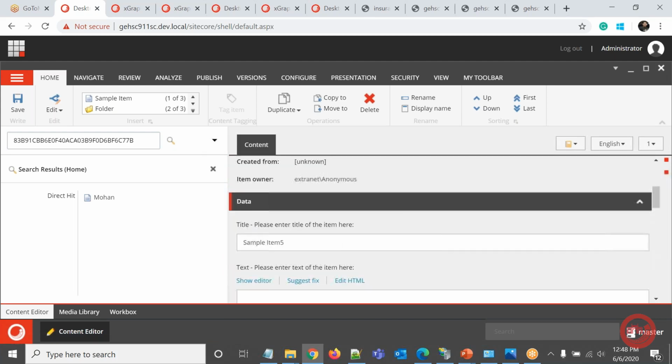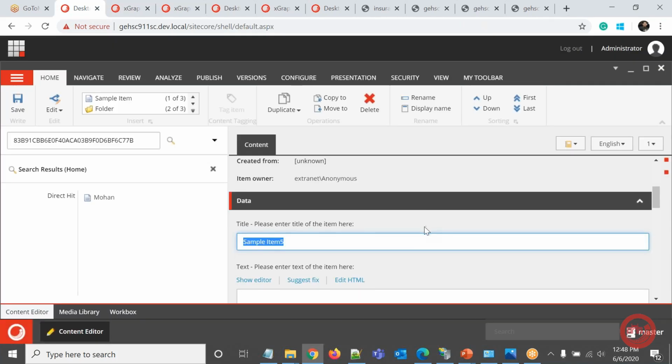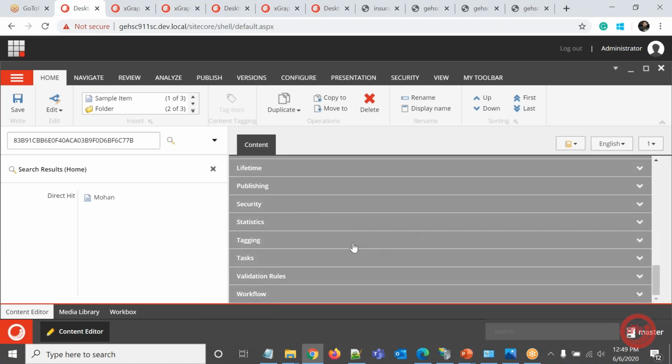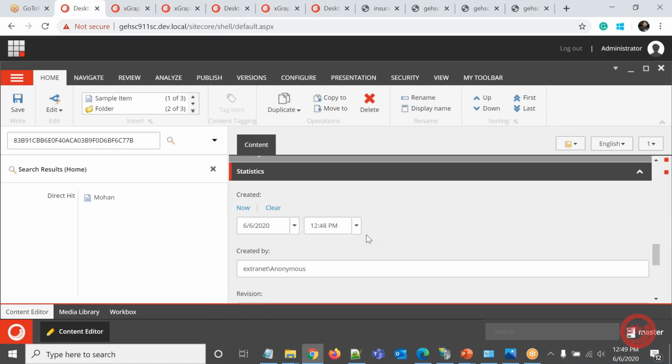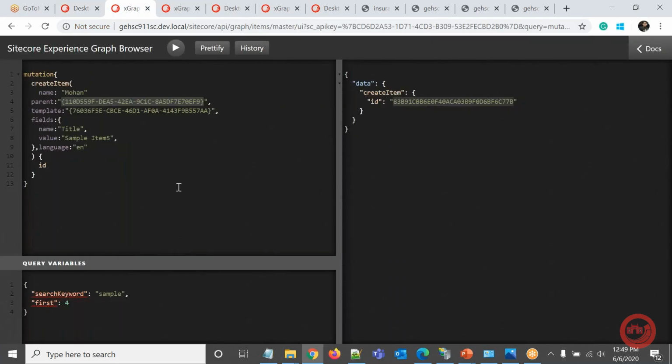So we can check whether it has this. Yes, the same content which we pushed from here. And let's see whether it is really created here. Yeah, it's now created using this query itself. So this is one of the types, and you can also